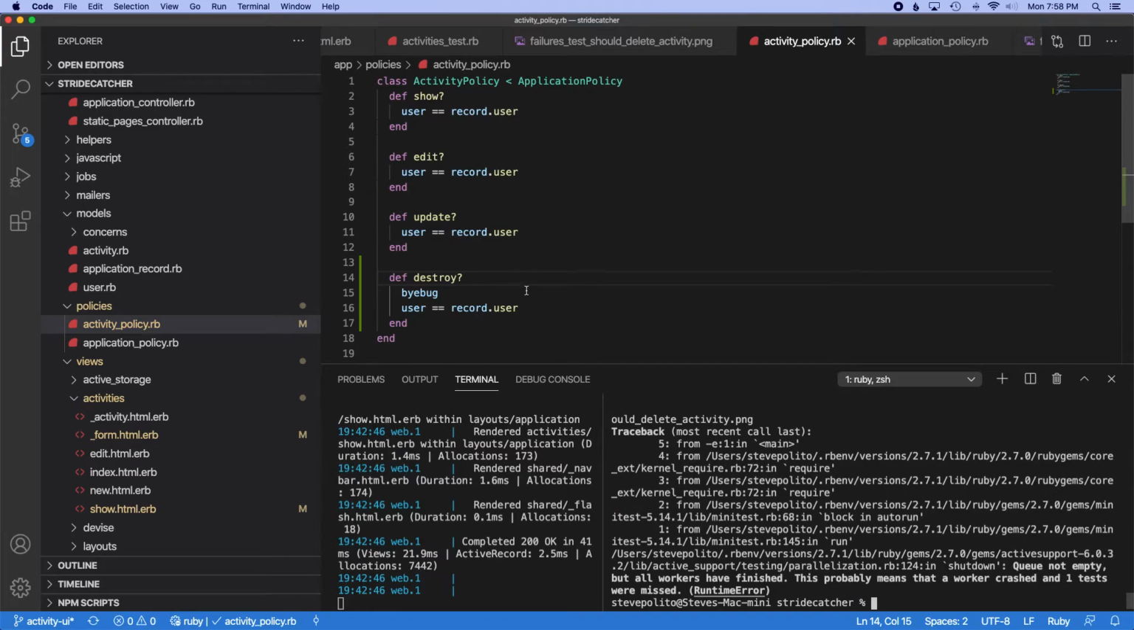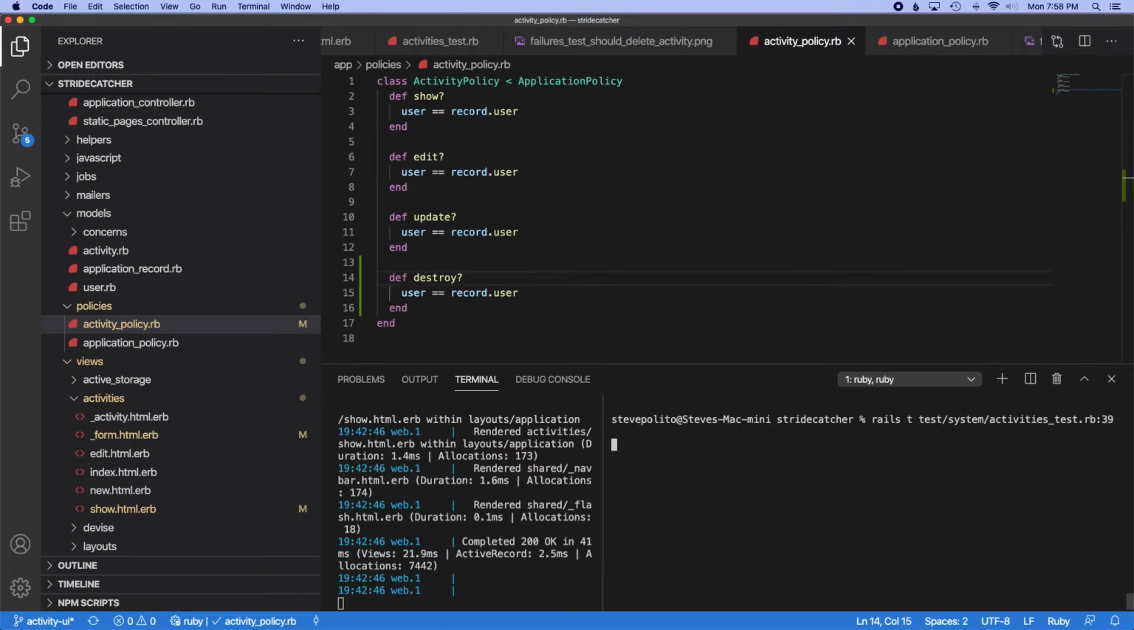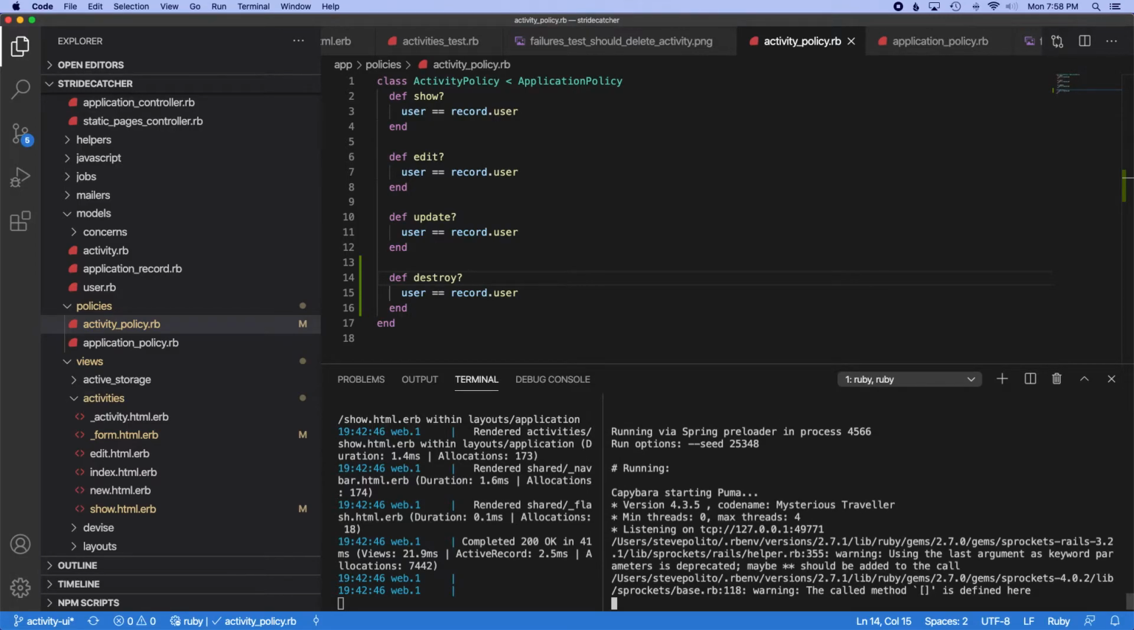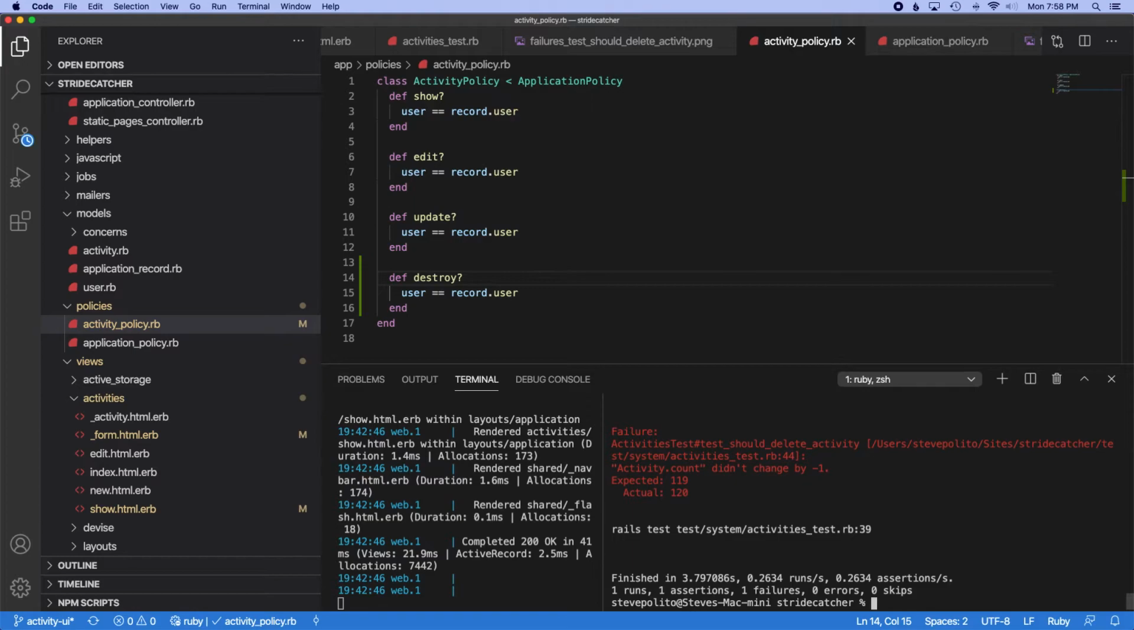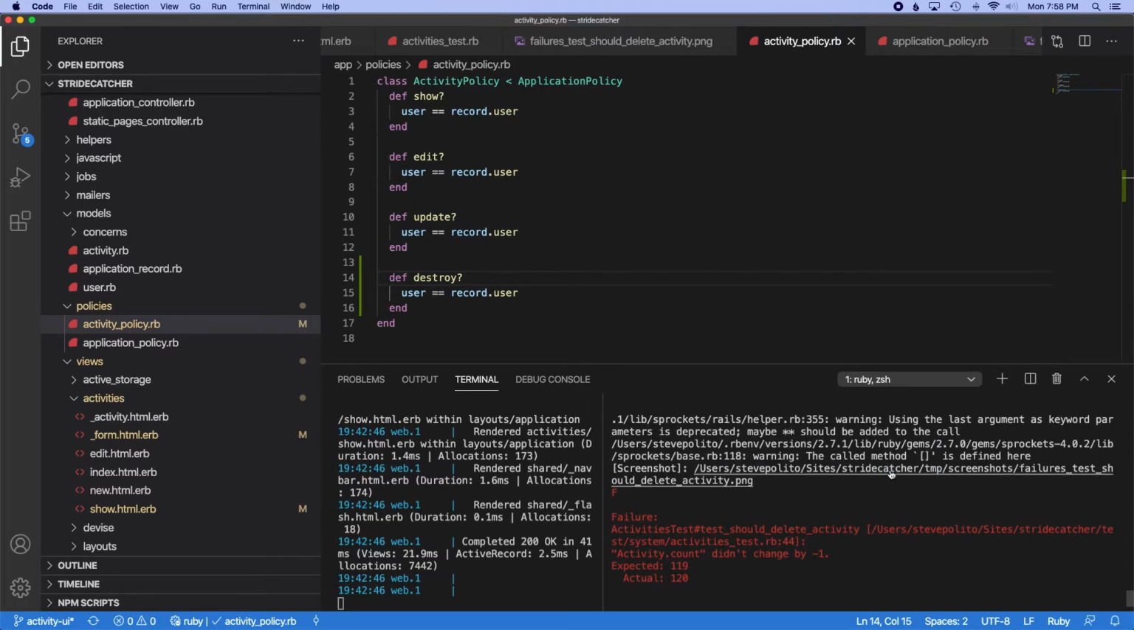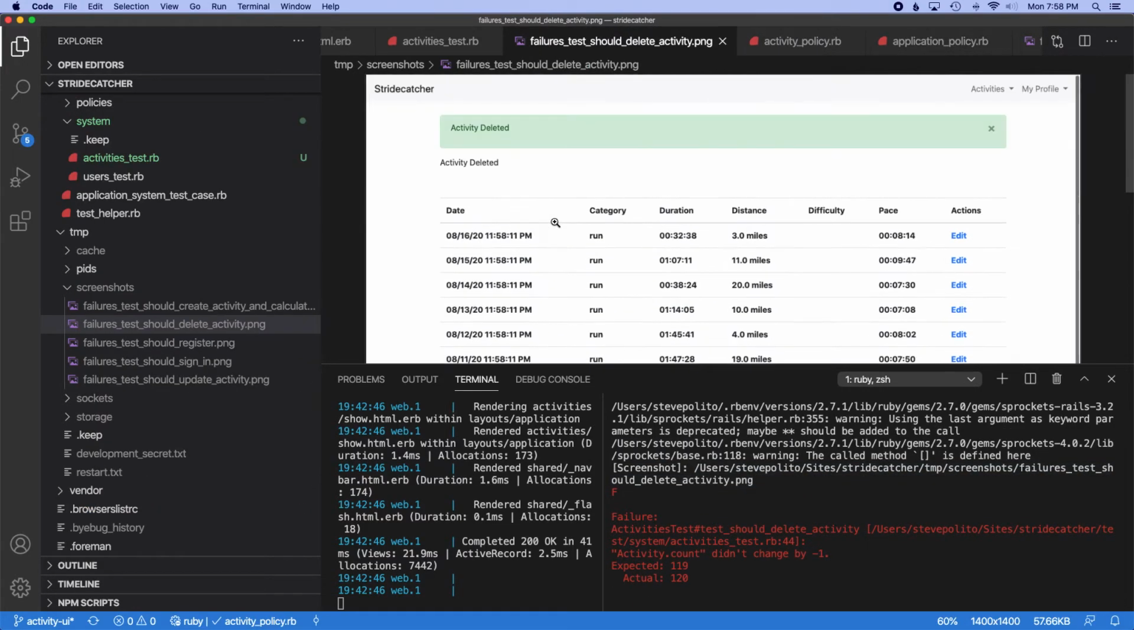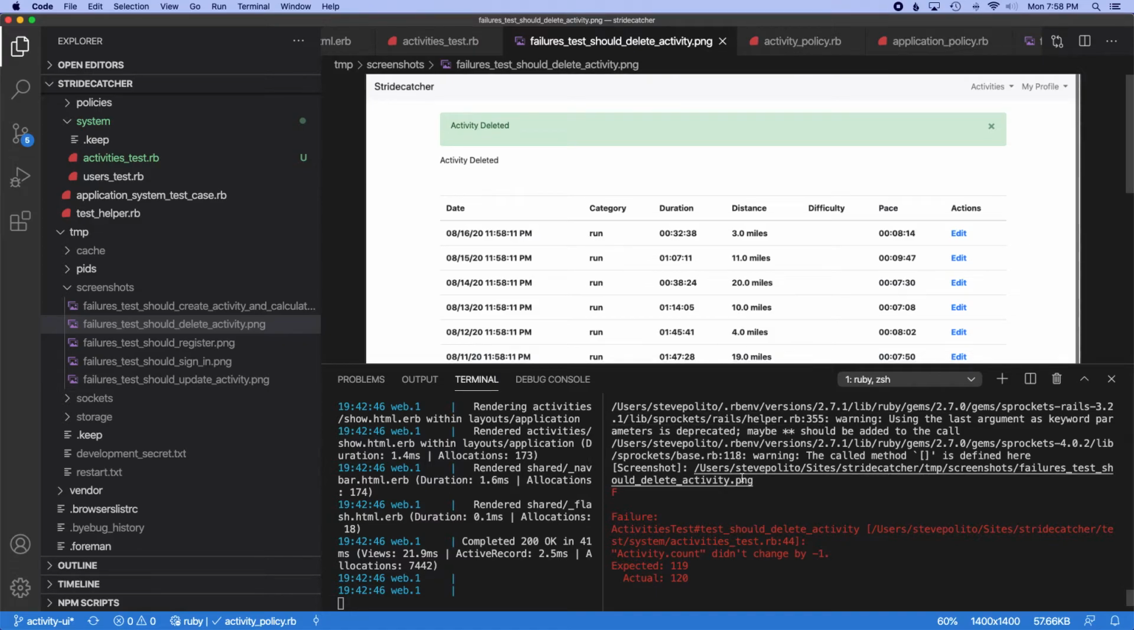So we'll exit out of that, get rid of this binding.pry, clear this out, and if we run the test again, it should pass. Okay, maybe not. Let's see. Oh, okay, so activity deleted, but it didn't go down by 1. And I wonder if that's because,